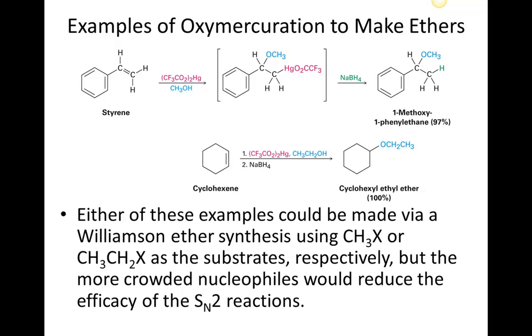So here's what it's going to look like. We're going to take the trifluoromercury acetate and a solvent like methanol, which will also act as a reactant. And we're going to put the mercury on the less substituted carbon, and then the alcohol will go to the more substituted carbocation, which then is going to lose a proton. And so at the end of the first reaction, you have that mercury on there, and you still have to